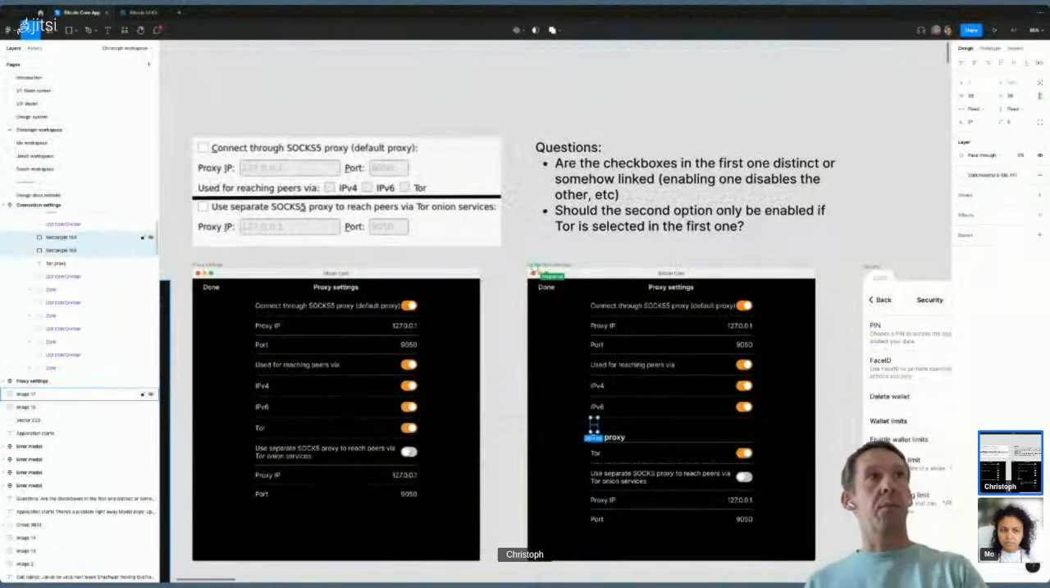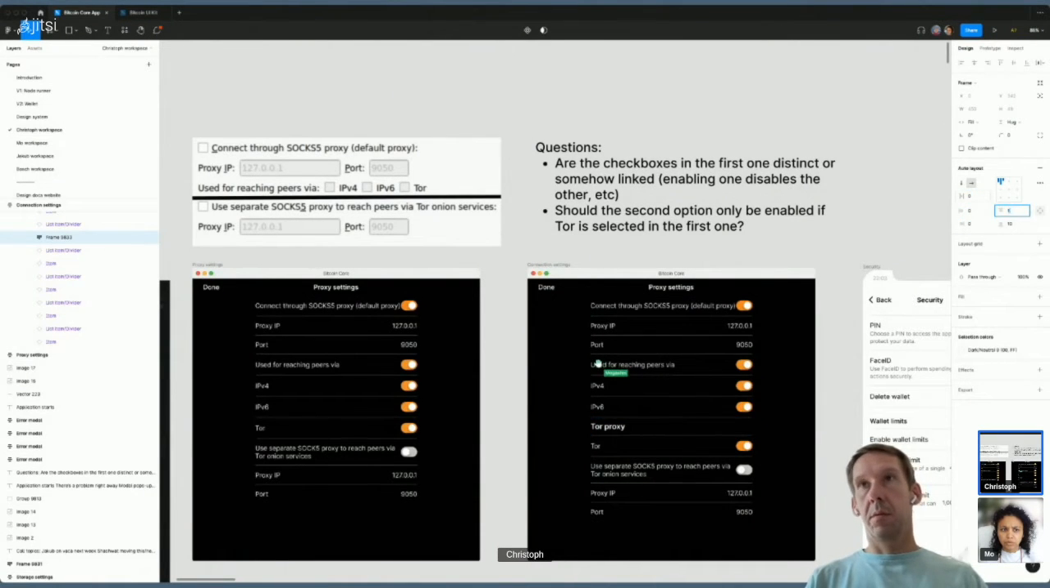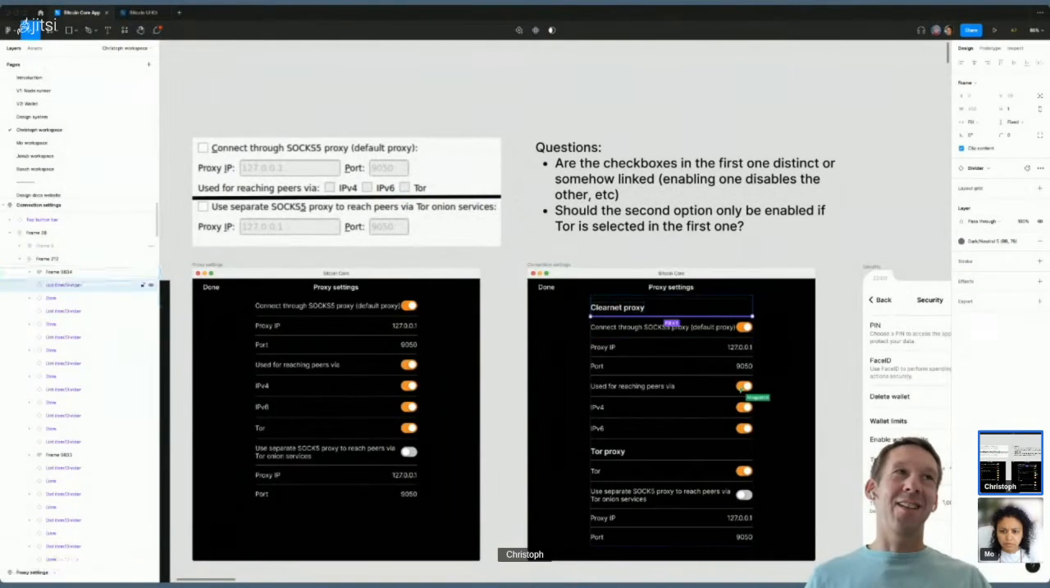One is, this is goofy. Let's do this here. Container, 0, 10, 5. That's 20. We could remove this checkbox here because the options are only, if I understand correctly, IPv4, IPv6, and then Tor. If I understand correctly. So I might be getting this wrong, but I think it's called